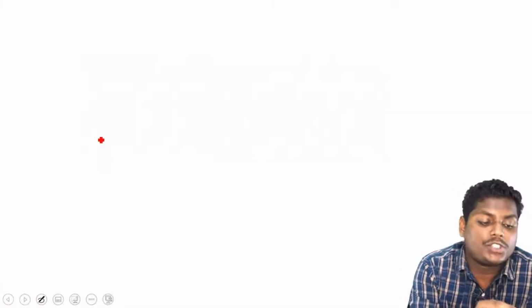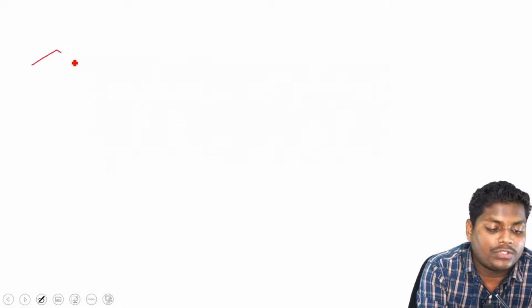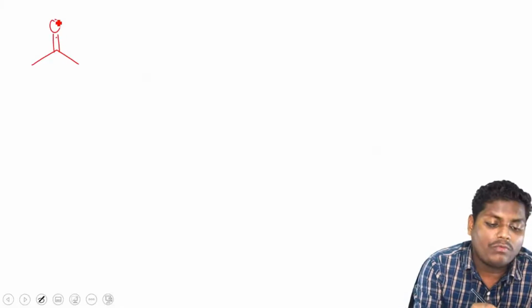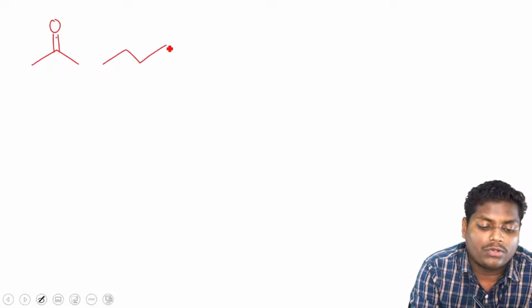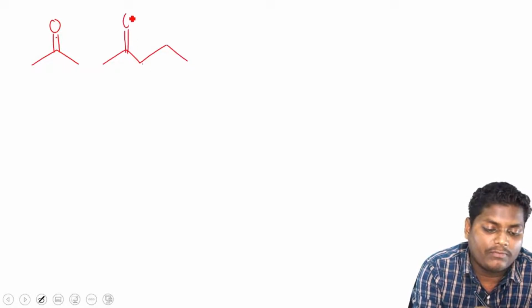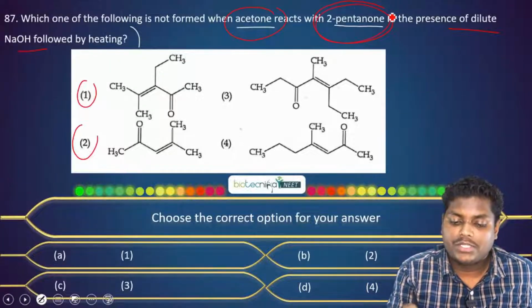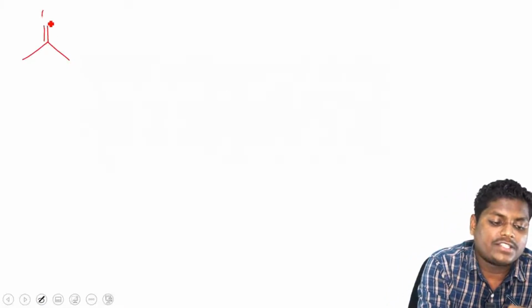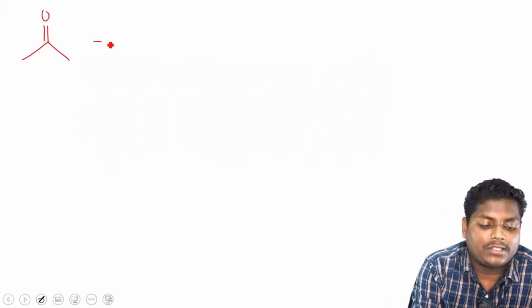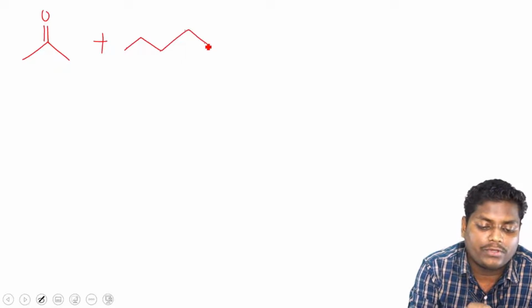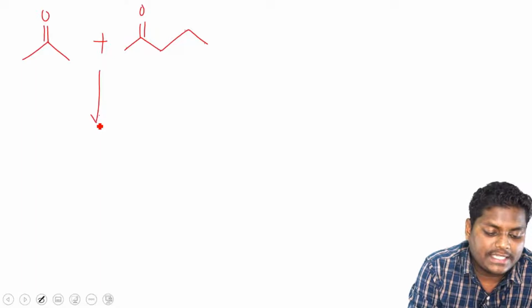In the question, they have given acetone. This is the structure of acetone. And we have 2-pentanone, 1, 2, 3, 4, 5. Just check, 2-pentanone is given to us and acetone is given to us. So this is the structure of acetone, and this will be reacting with 2-pentanone, 1, 2, 3, 4, 5. So in the presence of base,